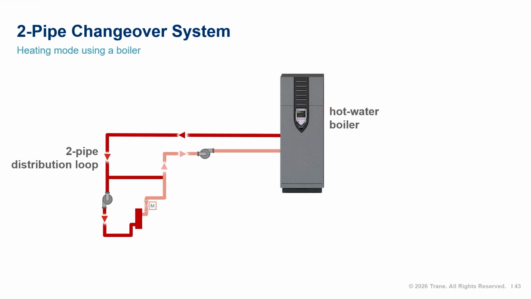Here we see a simple decoupled system operating in heating mode via a boiler. I'm not showing geothermal yet, just want to talk through the distribution first, and then I'll add the geo. One of the major drawbacks for changeover systems is determining when to change from one mode to the other. Changing modes is energy intensive, and comfort is likely sacrificed leading up to and until changeover is completed and the